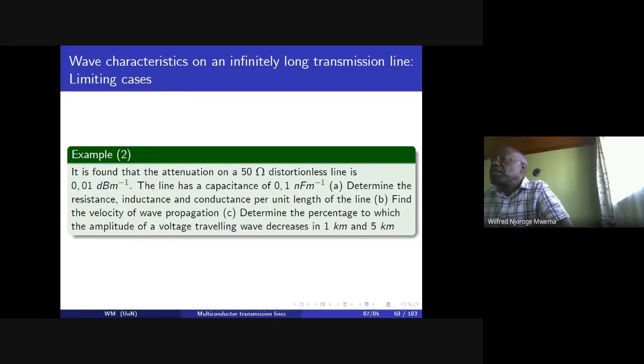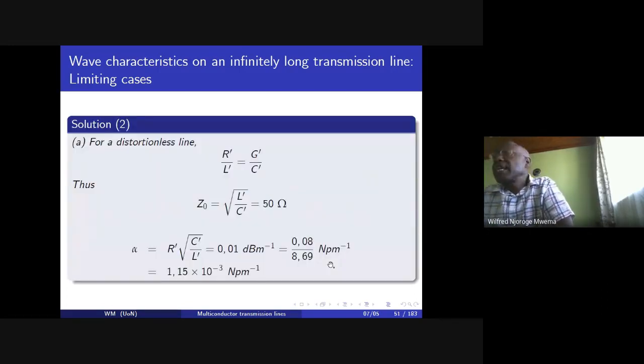So all the information you need is here. The only thing this question would be testing is whether you understand what we mean by distortionless line, and what we mean by capacitance per unit length, and so forth. So for a distortionless line, we say that R prime by L prime is equal to G prime by C prime, and therefore we can get the Z naught or the L prime from that equation, because Z naught is just the root of L prime by C prime, and we know that that is 50 ohms. And therefore, alpha